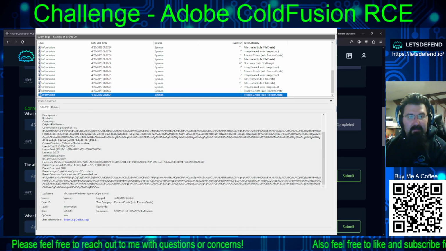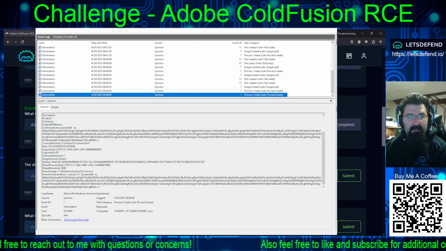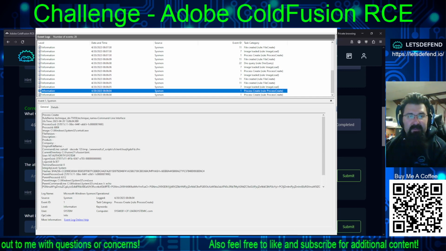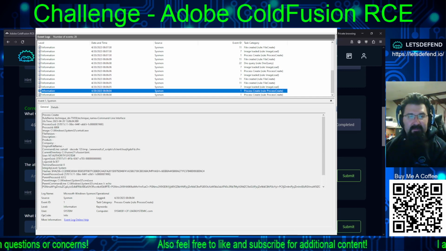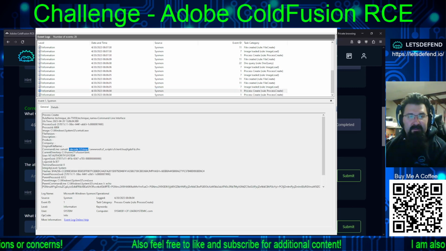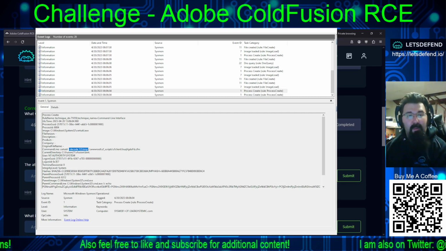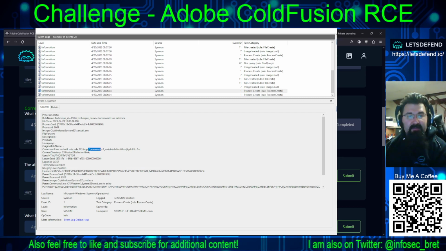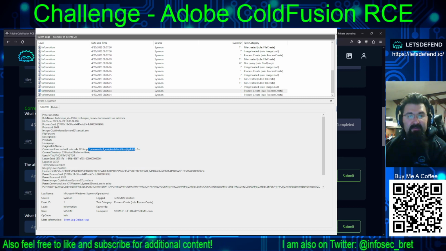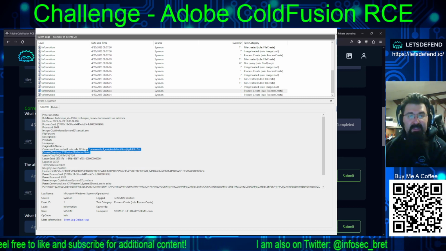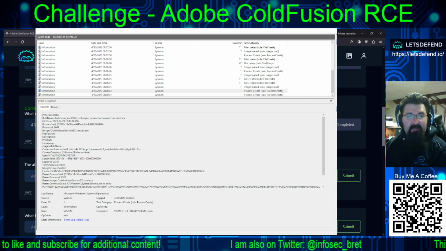Parent command line, command line, current directory. Okay, what's the next thing? Process create certutil. Kicks off certutil decode 123.temp. That looks sus as all get out. To wwwroot cf_scripts, so ColdFusion scripts, cfclient, and then some weird